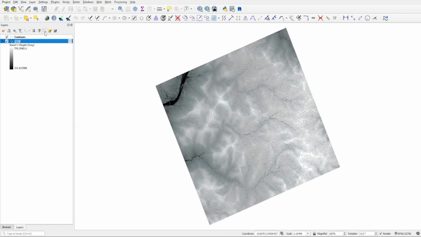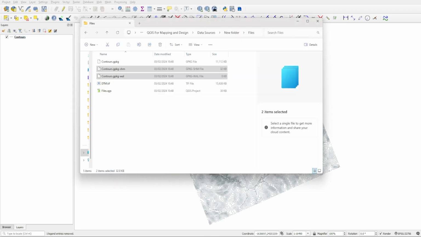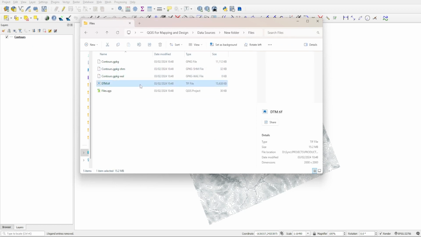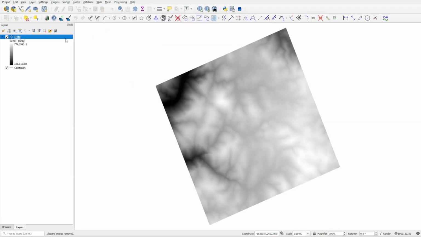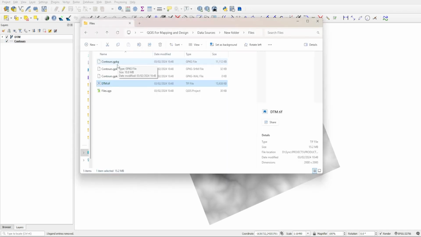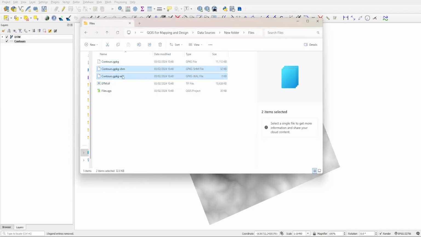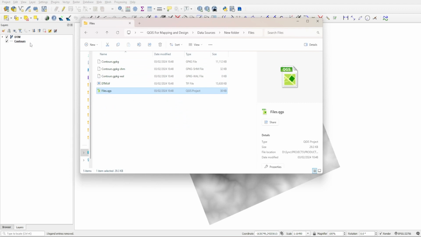So you would have to delete the raster layer and then come back to your folder and then import it again. And this is now going to link this layer to the location on your hard drive where the file is located at, and you will no longer consider it a temporary layer. So it doesn't do that automatically for rasters, but it does it for the vectors. So this is why the contours geopackage layer has these two extra layers, because they only appear if that layer is inside of QGIS. It also created a project for the QGIS project that is currently opened,